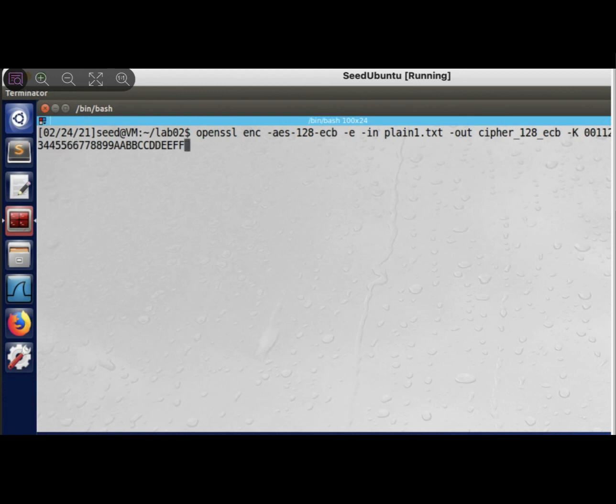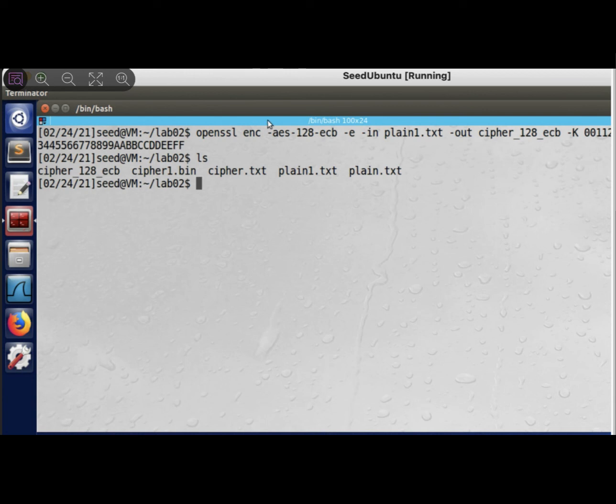Do you need to add an initialization vector here? No, because I know how the electronic code book works, and I know this one doesn't require it. So let me perform that. Hopefully it works. And that means the ls here is going to show me the result of the ciphertext that I got here. In order to decrypt this one,